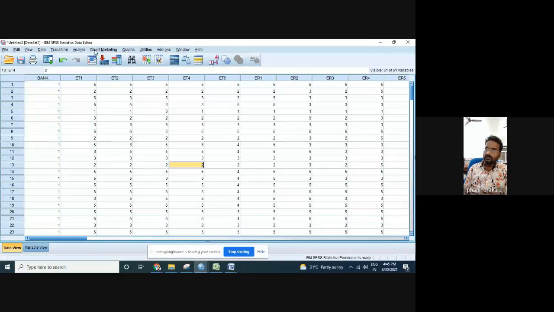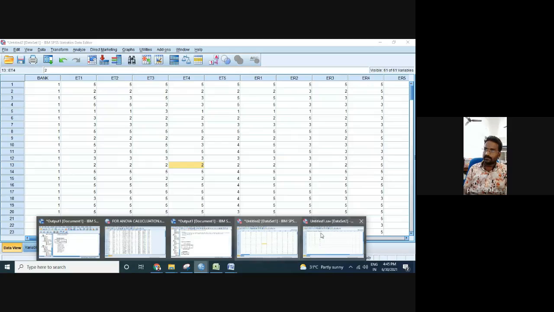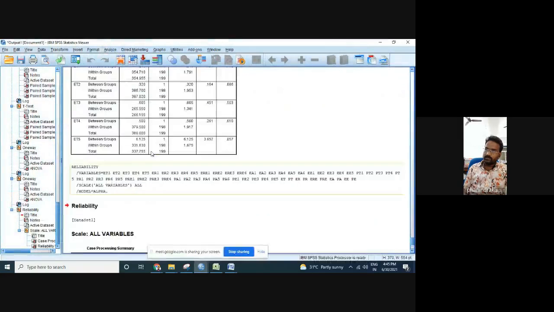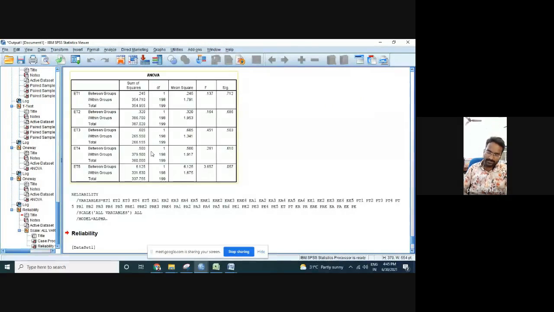This is how we are going to see the ANOVA table. And still anything more you can ask me now. My part is completed. I have done chi-square, t-test, and also the reliability and ANOVA. It's enough for you up to your project work, whatever project work you are going to do. Anything more regarding these things you can ask me now.